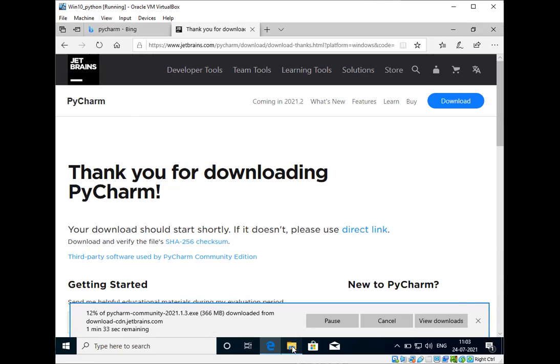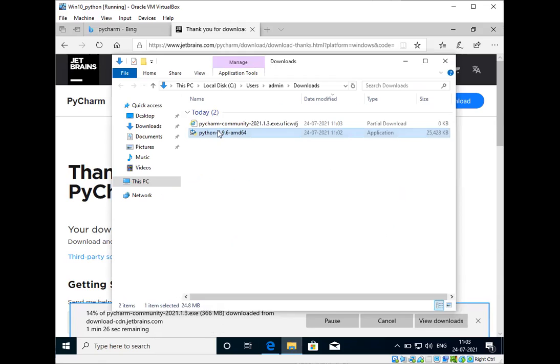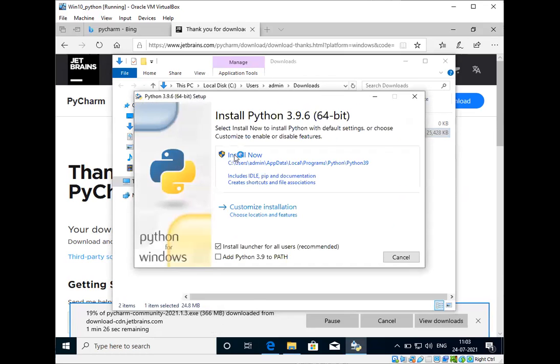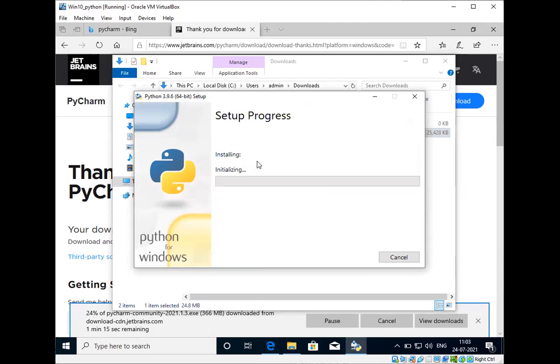While it is downloading, let's install the first software, Python. Check the add to path option and click on install now.